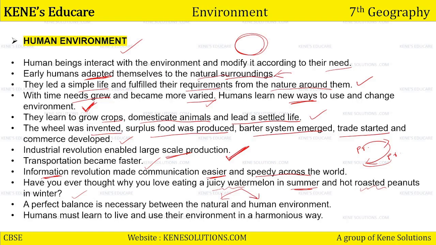So you always need a balance between two components and conditions. Similarly, we need a balance between natural and human environment. That is why humans must learn to live and use their environment in a harmonious way, and we should not exploit or deteriorate